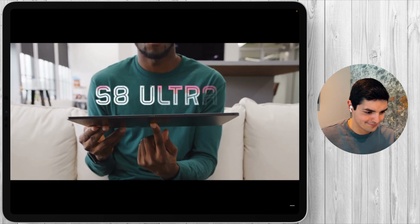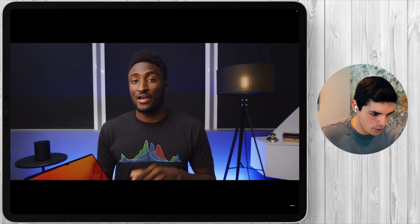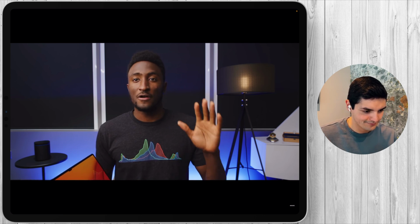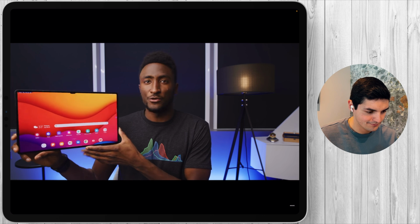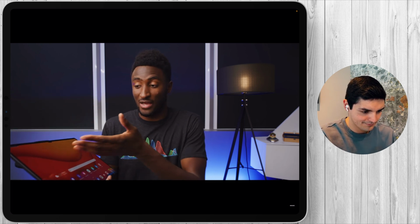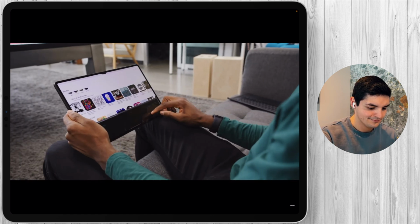So this is the Galaxy Tab S8 Ultra. So yes, there is a Galaxy Tab S8 and a Tab S8 Plus, both of them far more reasonable, far less expensive, and most importantly, smaller. But you know what? There's a real interest in huge tablets like this, mega tablets, because there is an actual benefit to tablets that are this big. I would know, because I've been using this one. And the benefits of this...